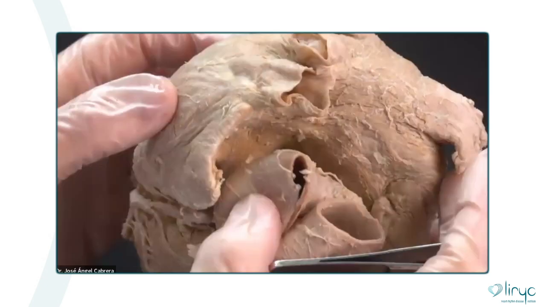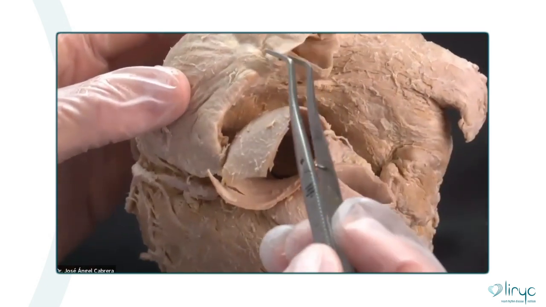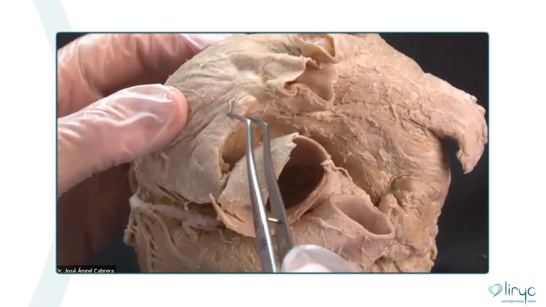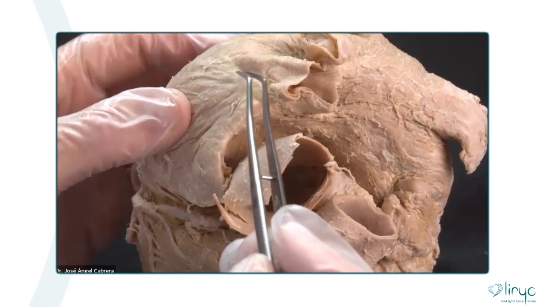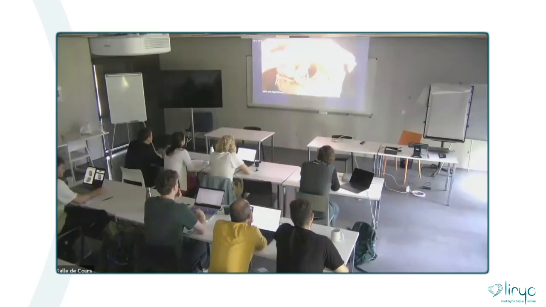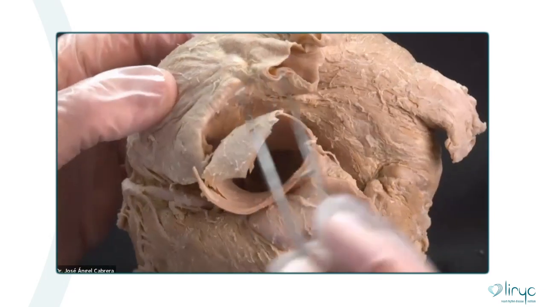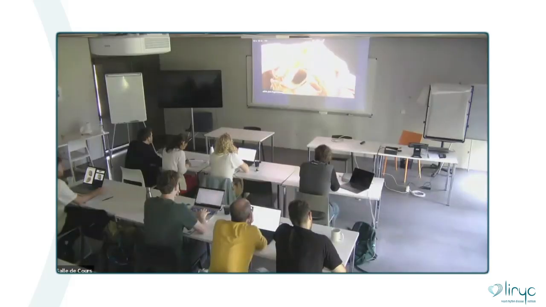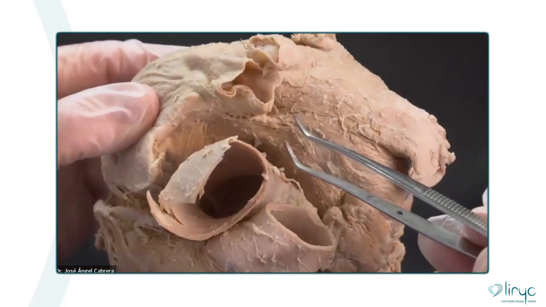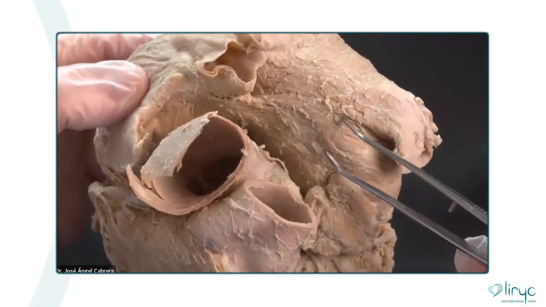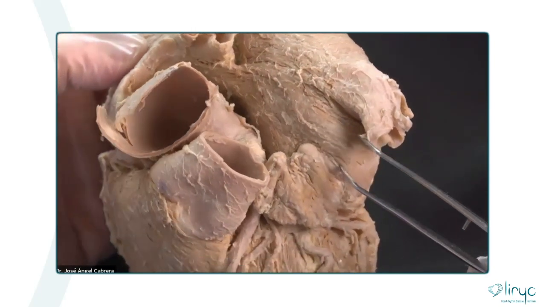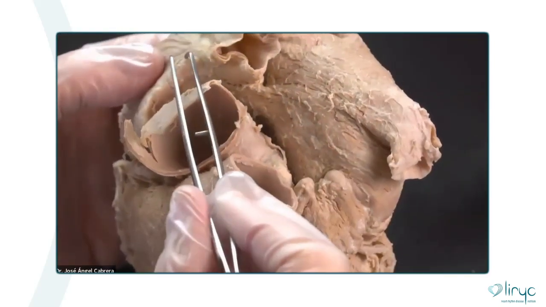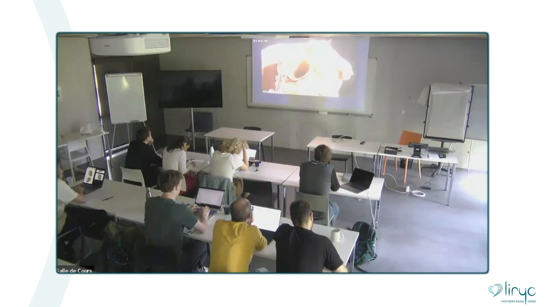Here, in this area, the superior vena cava, right atrial appendage, this is the sinus nodal region, connecting all this area through the most important interatrial connection, the Bachmann bundle, between both the right atrial appendage and